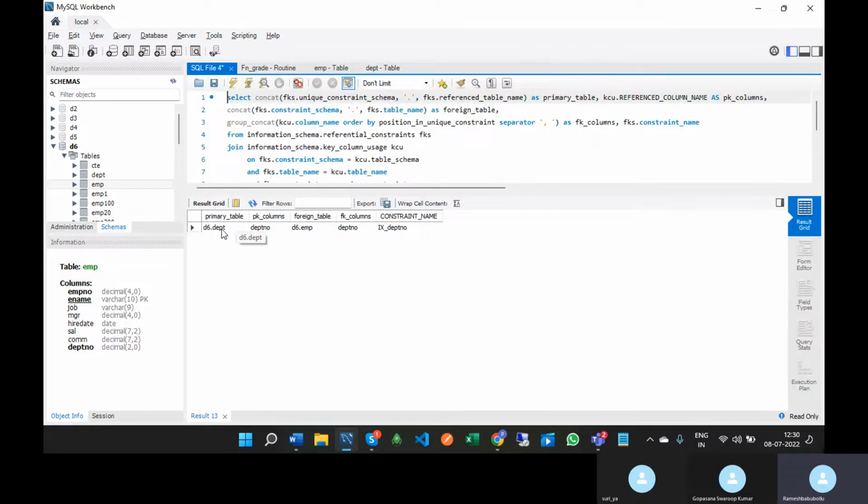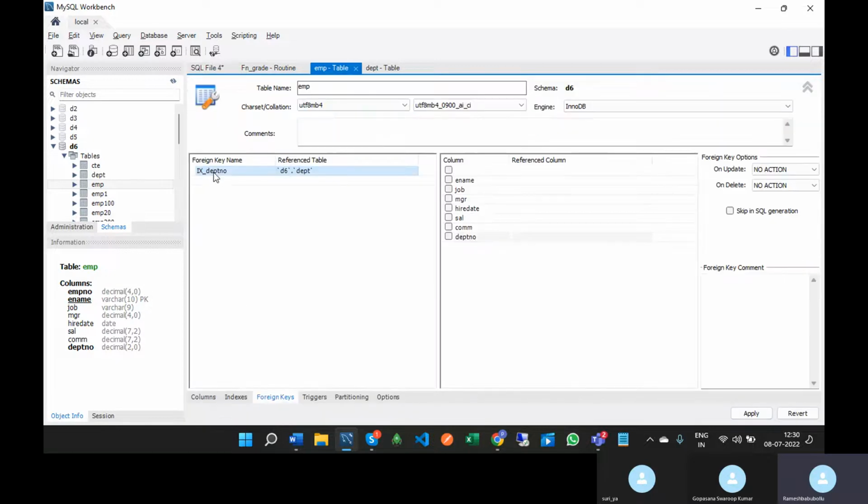See this, department table is the primary table, primary key is department number, foreign table is employee table, foreign key is department number. Constraint name which we have given while creating the foreign key on department number in department employee table. So this is the foreign key name. Okay, next,